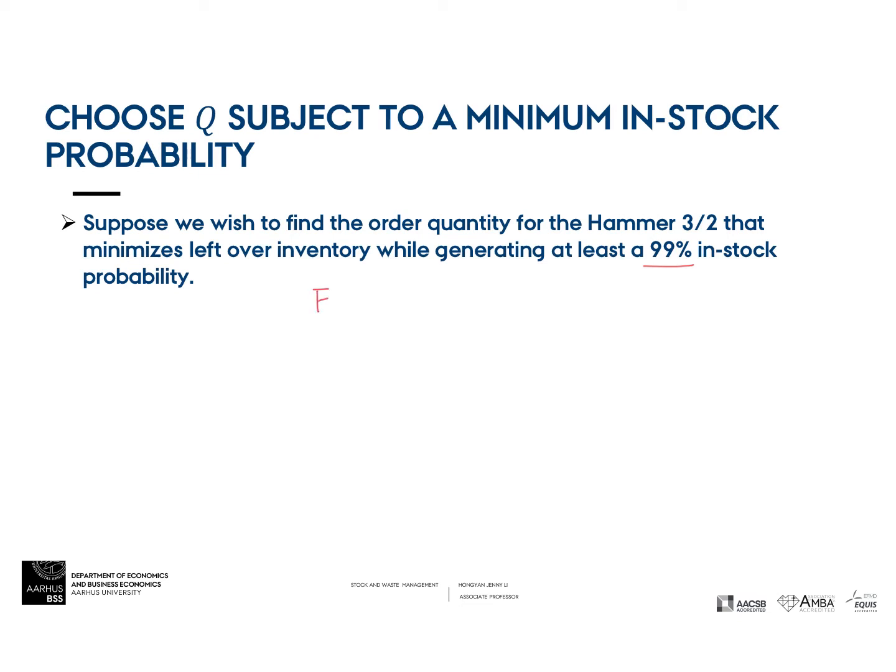So if I just do the calculation, now you need to find a Q to make sure of an in-stock probability of 99%. Then, straightforwardly, you can find this Q value regarding this in-stock level by an inverse of this function